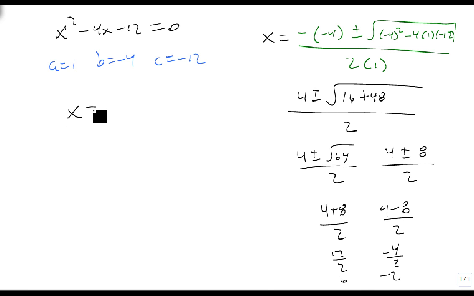So the answer to this equation is x is the set minus 2 comma 6. Now notice, if you look carefully, this would have factored and it would have given me the same two answers. So we can use either method here to solve this problem. As a further example,